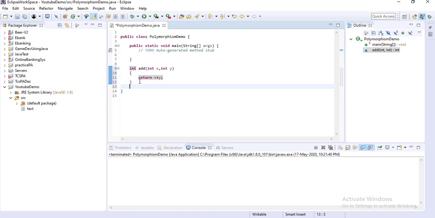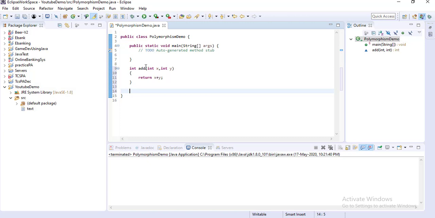If you try to add two floating point numbers, then you have to write another method. In a non-object-oriented language, you have to write a different method name, like add int for integers, and for floating numbers you have to write another method like add float or float add, or whatever other name you can give.